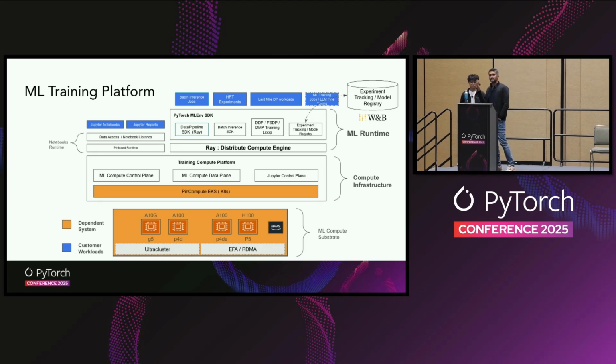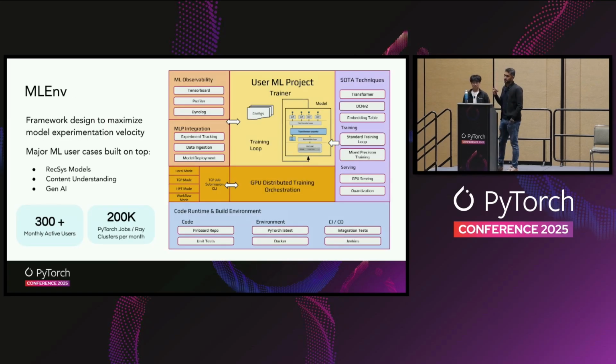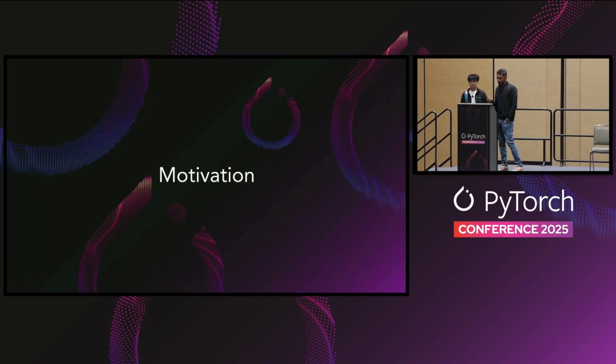And on top of that, we have the ML runtime layer. So here we provide an SDK on top of PyTorch that ML engineers use to author their ML applications. We're providing common utilities that ML engineers can use to run their ML training jobs. So this could be things like an optimized data loader, utilities for checkpointing their models, integrations with our experiment tracking stack, and exporting models into TorchScript so that they can be served. I want to say about 99% of our recommendation and content understanding models are using this. So that being said,